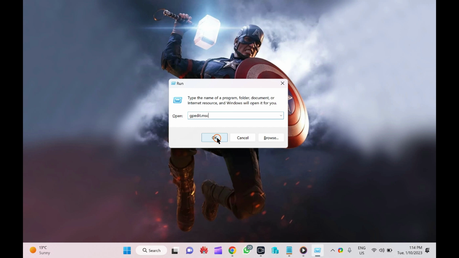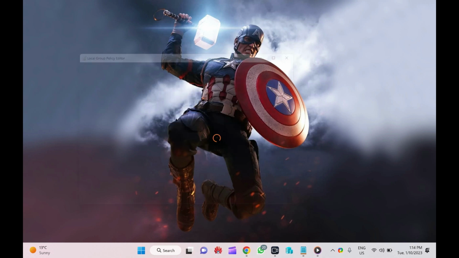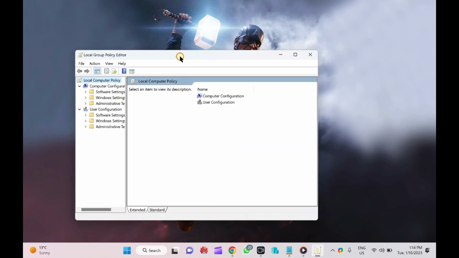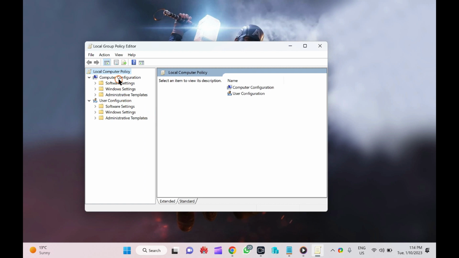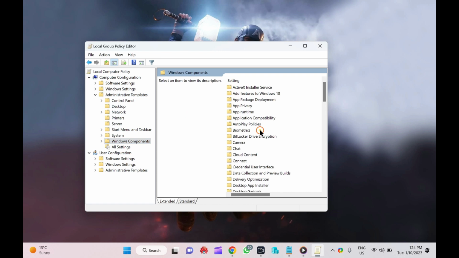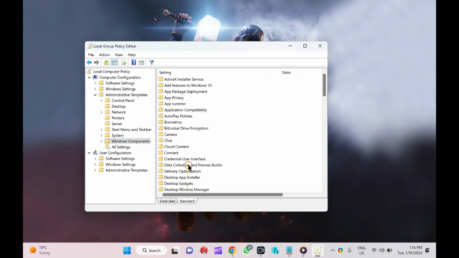Then click OK to open the Group Policy Editor window. Under Computer Configuration, click on Administrative Templates, then Windows Components, then App Privacy.